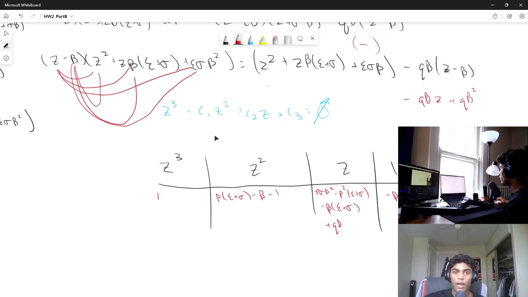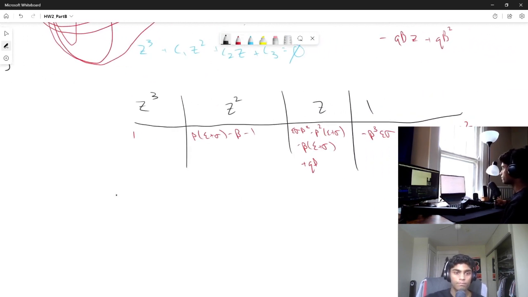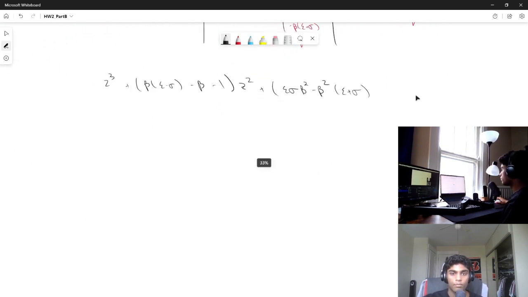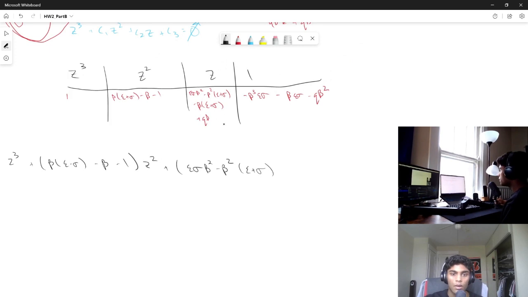So now if we rewrite our function in cubic form, we're going to end up with z cubed plus beta epsilon minus sigma minus beta minus 1 z squared, plus epsilon sigma beta squared minus beta squared epsilon plus sigma minus beta epsilon plus sigma plus q beta z,